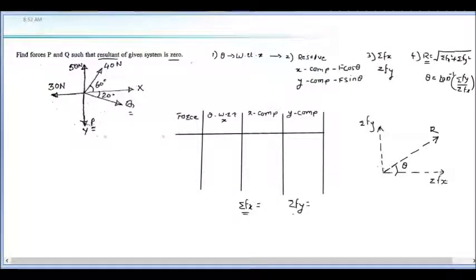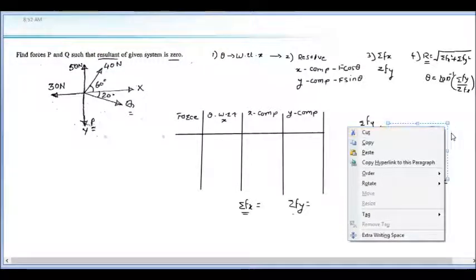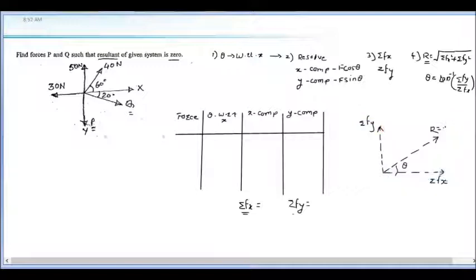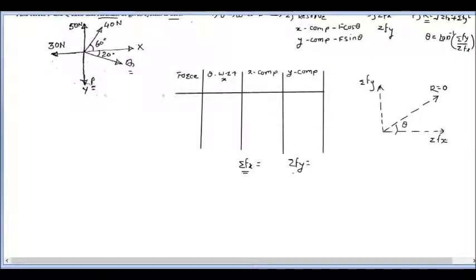Now, in reverse, for this kind of problem where the resultant is given and we have to find some missing components or missing forces, what we can do is this: as given in this problem, the resultant of the force is 0. It means we can take R equal to 0. So if R is equal to 0, consider it as if it is one inclined force